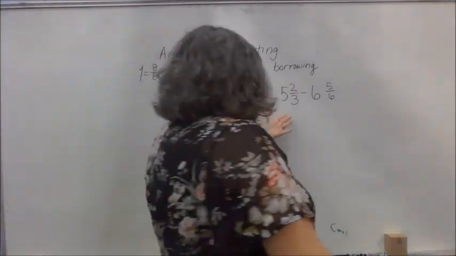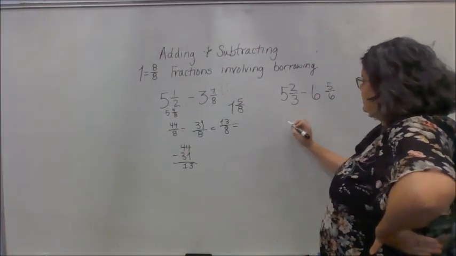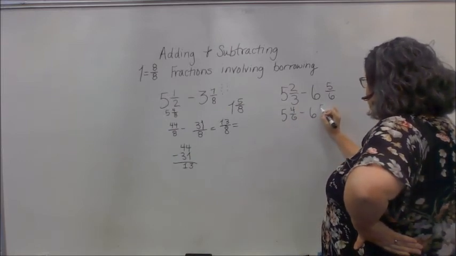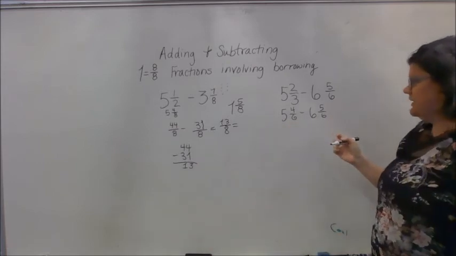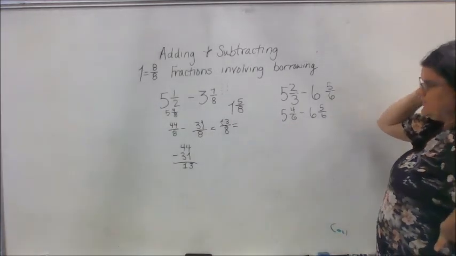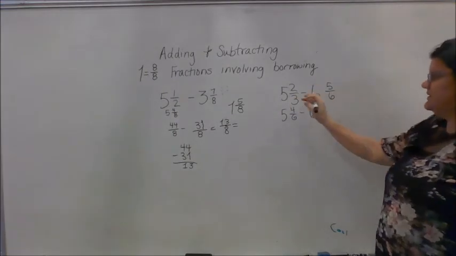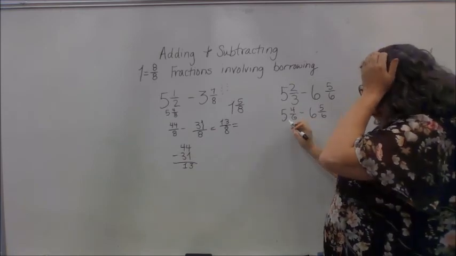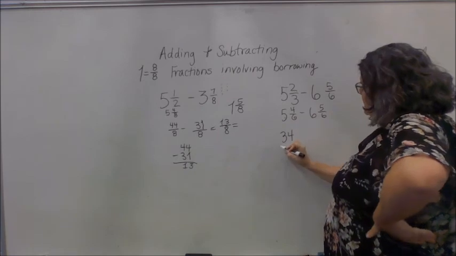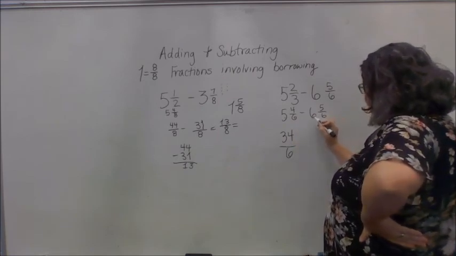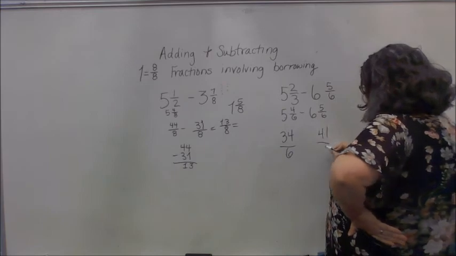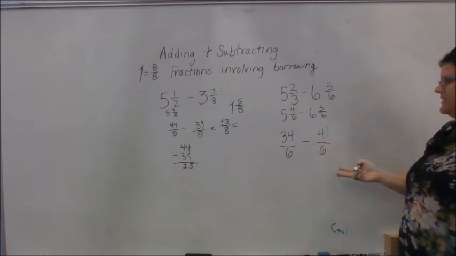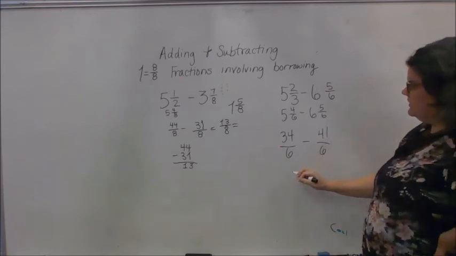So let's do this guy over here. Let's find the common denominator. I get 5 and 4/6 minus 6 and 5/6. We should automatically know that this is going to be a negative number. But to me, the easiest way to do this one is let's just go straight to changing it into an improper fraction. 6 times 5 is 30 plus 4 is 34 over 6. 6 times 6 is 36 plus 5 is 41 over 6. So I'm kind of stuck here to where it's still going to end up negative, but you guys should know you can either do LCA, leave,